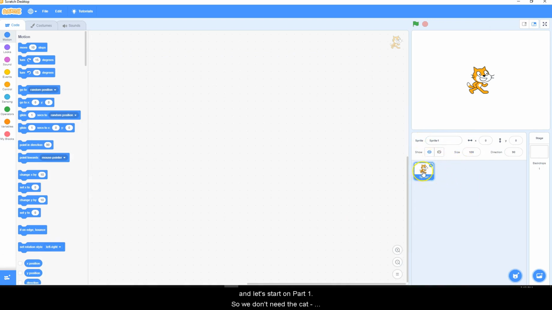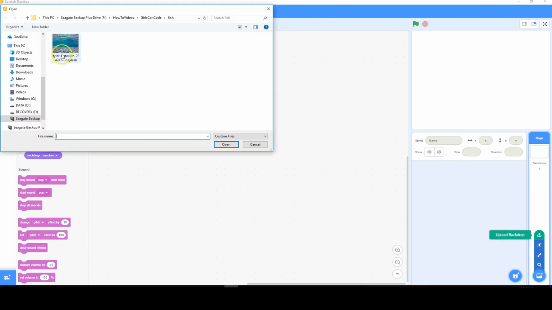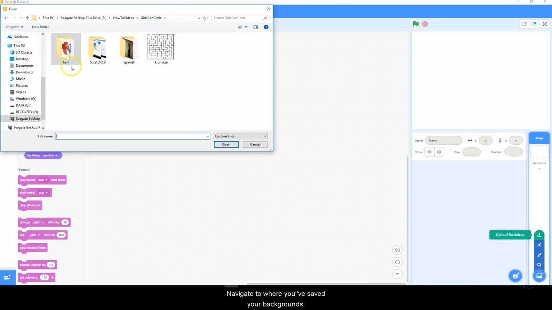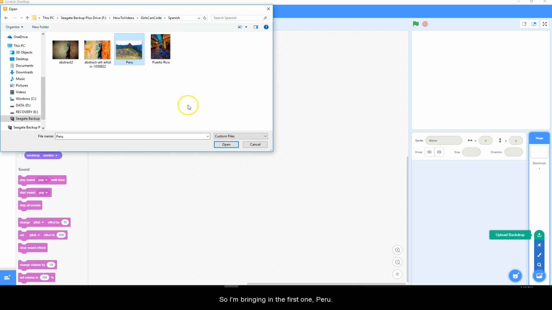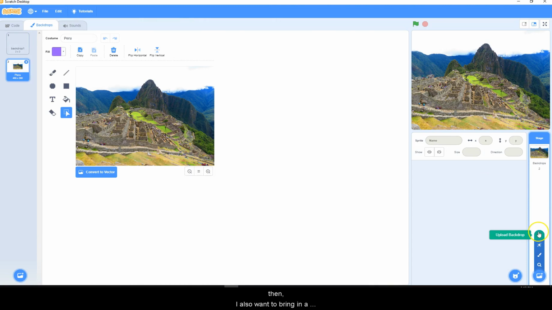So we don't need the cat. Right click and then press delete. First of all, we're going to bring in the backgrounds. So hover over your background menu, then upload a background and navigate to where you've saved your backgrounds. So I'm bringing in the first one, Peru, and then I also want to bring in a